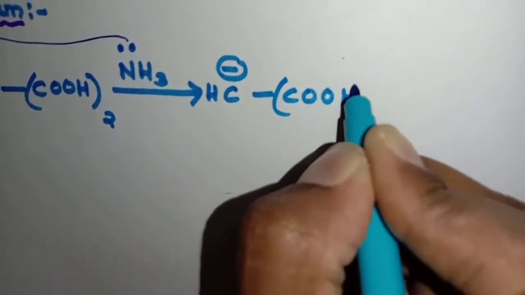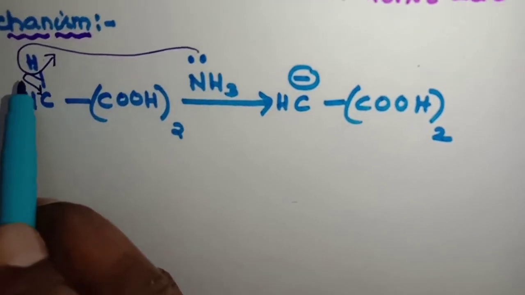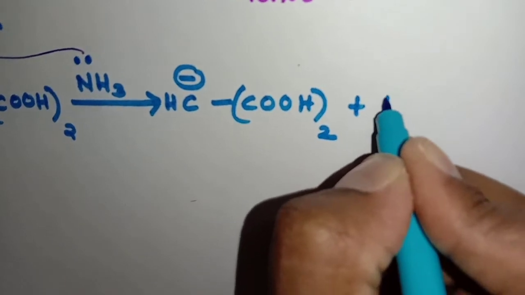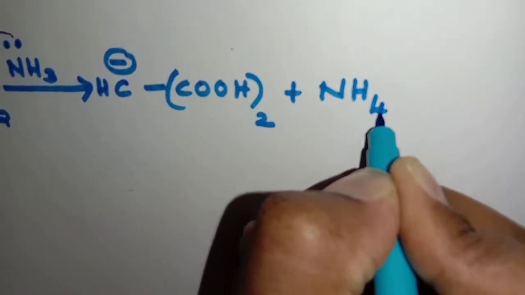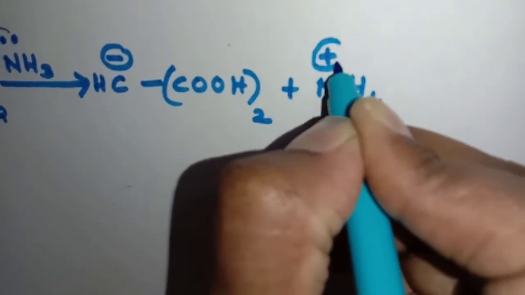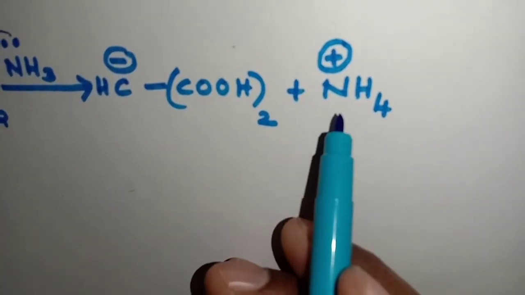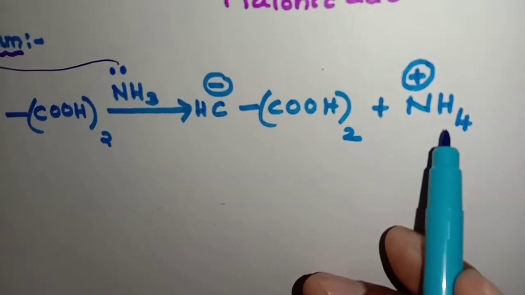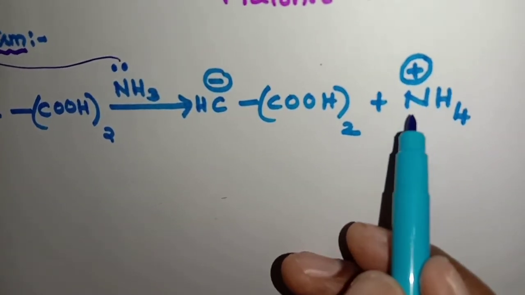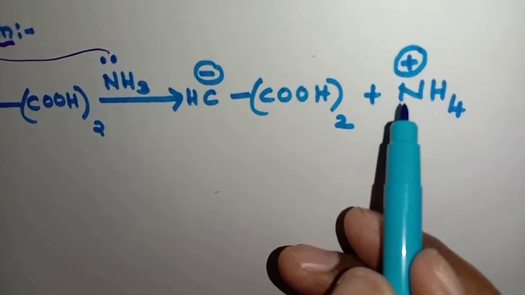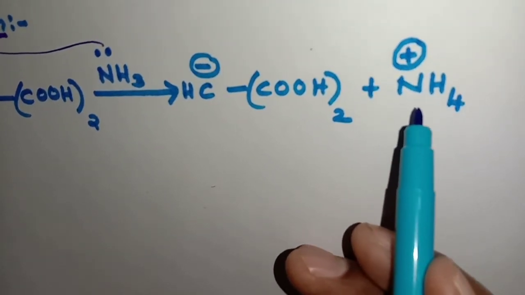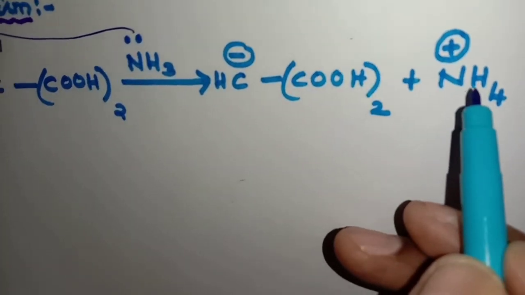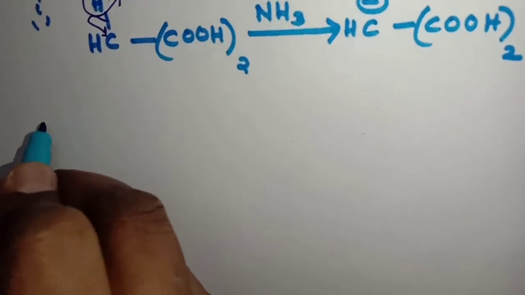COOH twice. So what happens, students, when H comes as H plus to NH3, it forms the ammonium ion NH4 plus. Positive is on nitrogen now. Why? Because it has no lone pair of electrons. With that lone pair only, it has taken H plus. So therefore, ammonium ion, always remember to write the positive charge on nitrogen. Many students write it on hydrogen. It is wrong. Okay. So remember that.